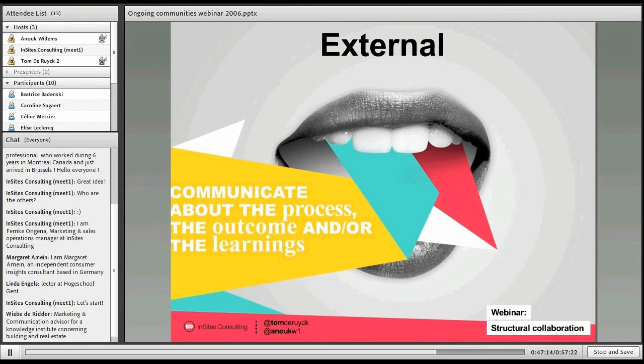And finally, it's also about communicating about the learnings. We once did a community for Chiquita to understand what the physical and mental benefits were of eating fruit. And when they launched their new smoothie offering, we used what we learned, what the physical and mental benefits were of eating fruit, on the website that was used to launch the product.